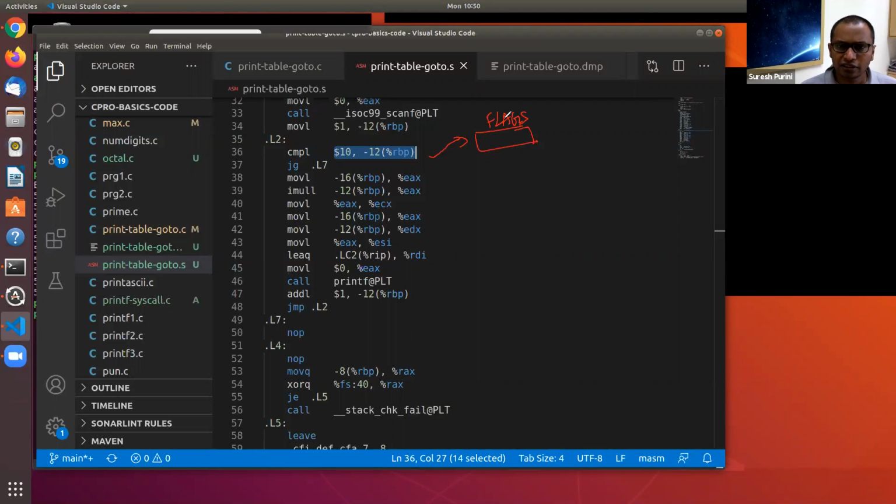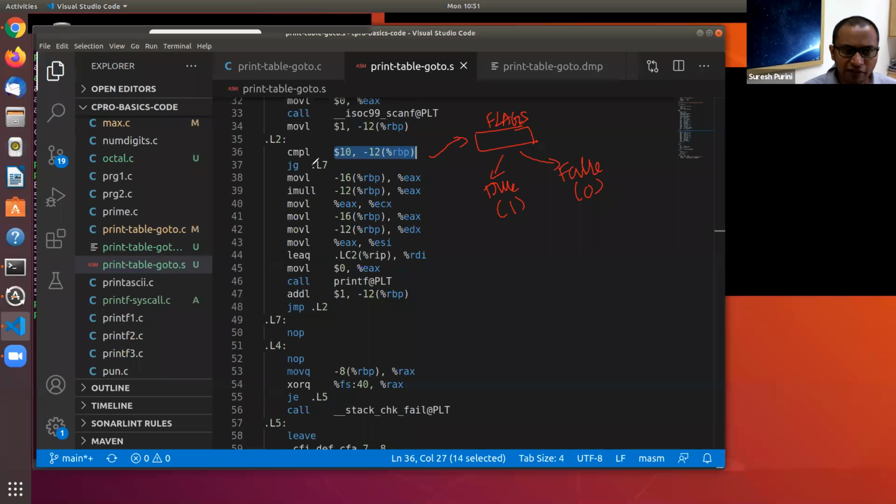In that flags register it puts either true or false. False is 0 and true is 1, some kind of encoding it will use. So the result of the comparison operation is stored in a register.